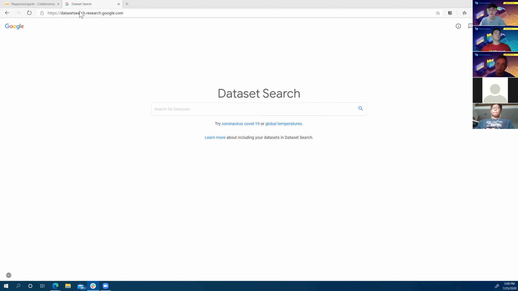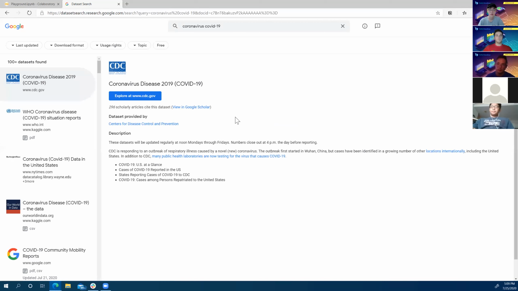All right, so here we are on Google Dataset Search. If you're used to Google Scholar, this is kind of similar. It's a great place to search for a particular type of thing. So I'm searching for data sets on Texas, because I'm interested in seeing how the coronavirus has affected Texas and how it's progressed over time.